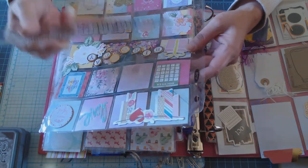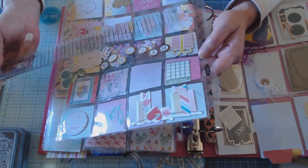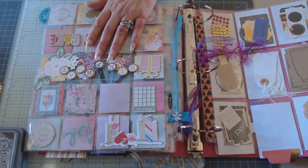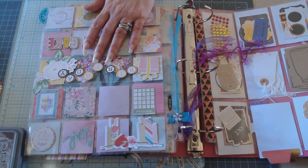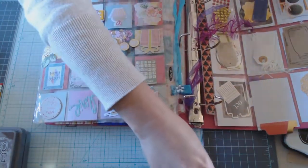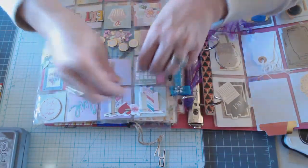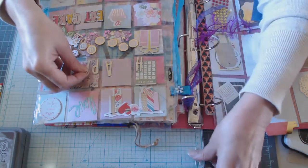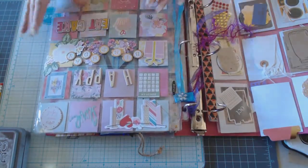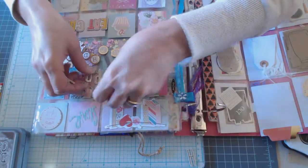The little pockets are 2 by 2. Yeah, they're 2 by 2. And I'm thinking there was, oh gosh, these letters, these happy, because she's got birthday on here, and I believe these probably belonged on here, but they were in the bottom of the envelope, so I thought, well, I'm just going to keep those, because see, I believe that's how she probably had it. I don't know, but I thought, well, I'll just keep those right there to look at,